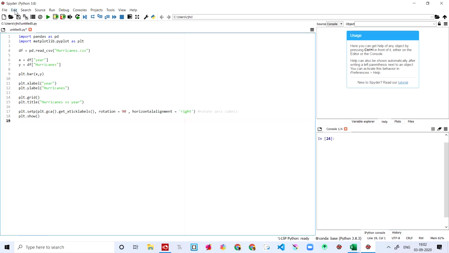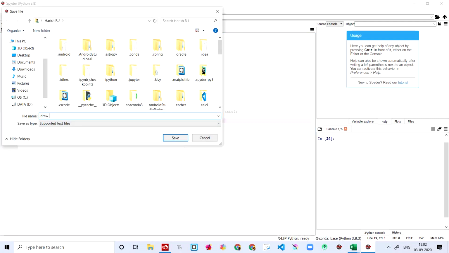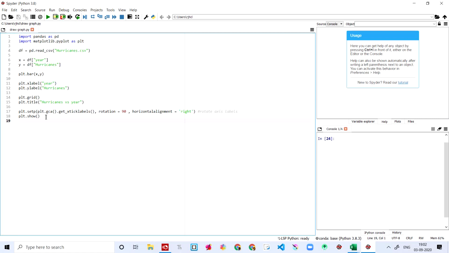Yeah, so now let's save it. I'm just naming this as draw graph. So now we know how to draw a graph in Python. That's great. You can just do it in PyCharm. Right now my PyCharm is not working, so I have to uninstall and install it. So this is the code that you have to write for representing the graphs. That's it. So now you know how to represent a graph.